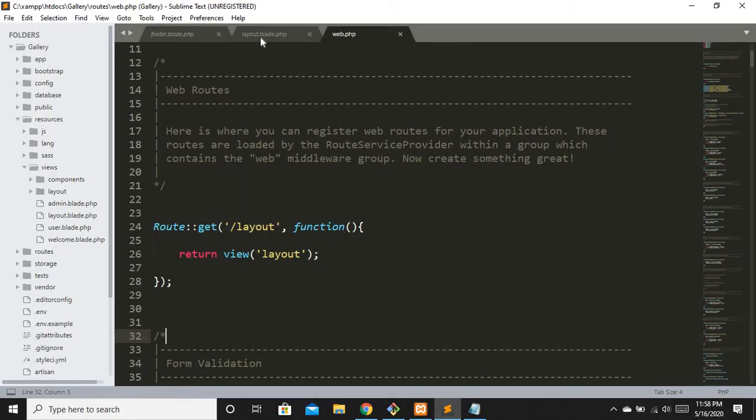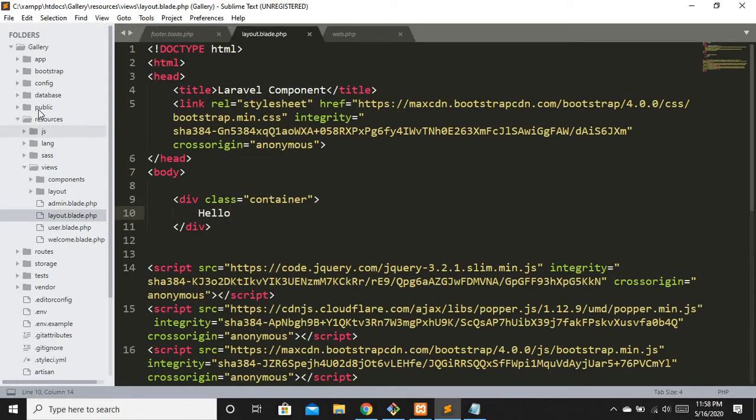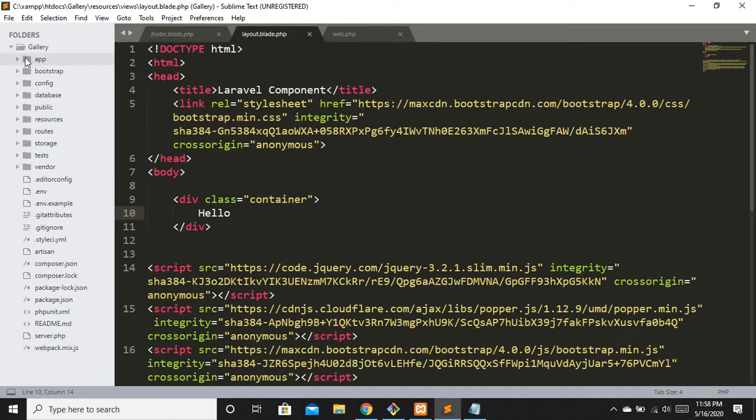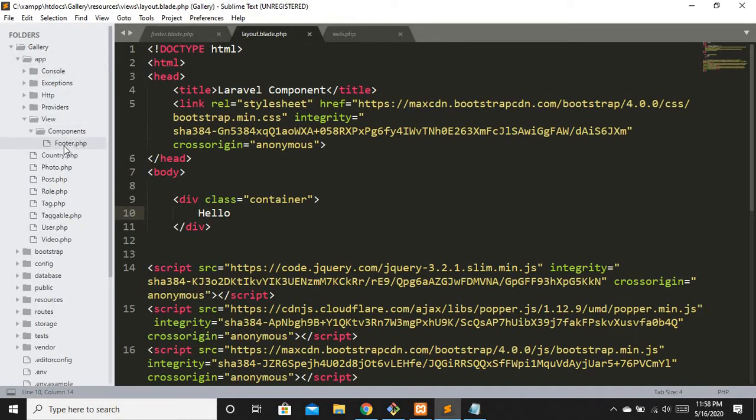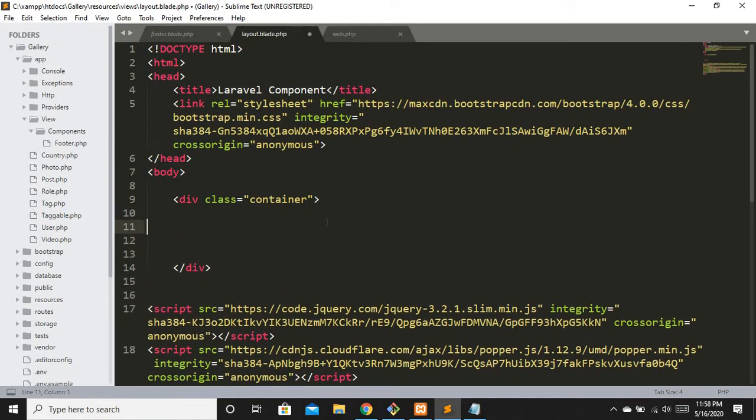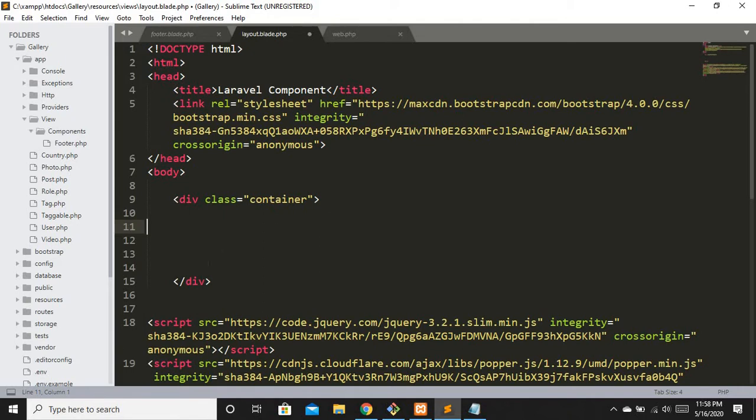Now let's see how we are going to call our component, basically the one that we just created right here with the name footer. Okay, so how are we going to call this footer? There are two ways. Let me just show you right here. Let's say I will just remove this for the container, or you can have it. Let's keep it right here.